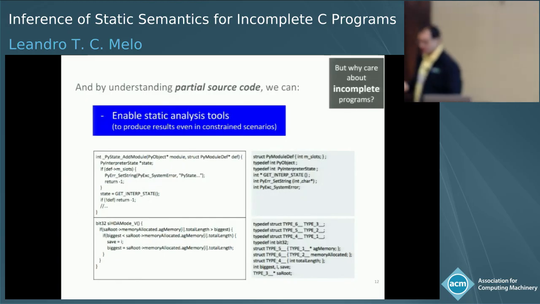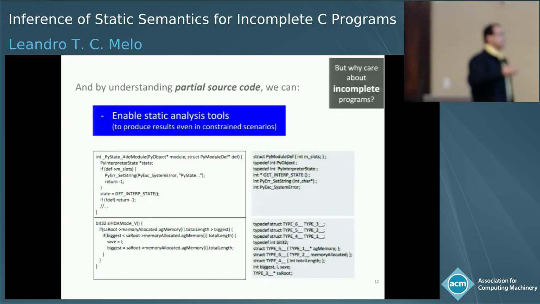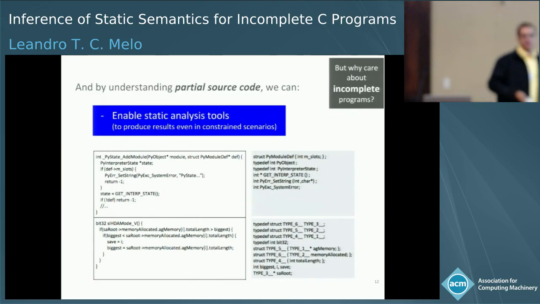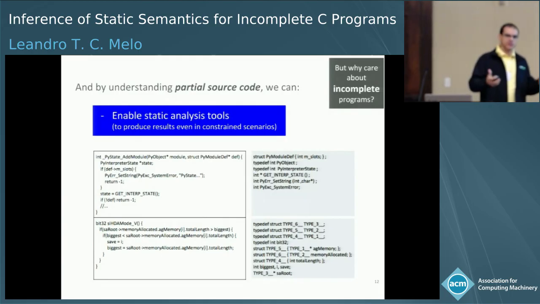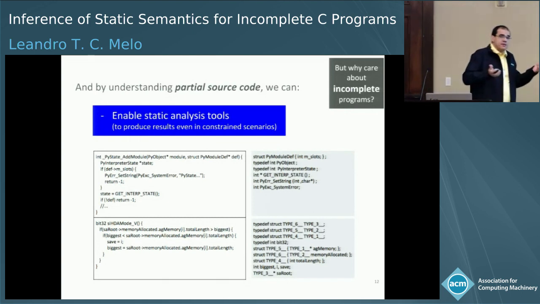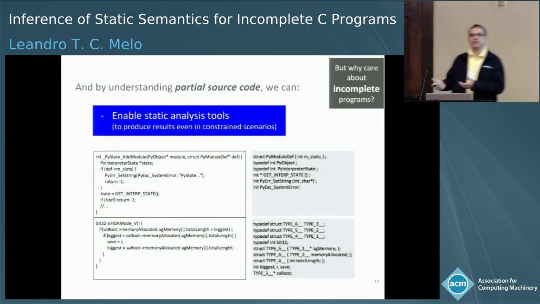Another situation where the understanding of partial source code can be beneficial is that we can enable static analysis tools to work in certain scenarios where they wouldn't otherwise. Many of those static analysis tools require build specifications and the actual entire compilation ready so that you can run it and they can search for the right headers. And many of them are available on Windows or Linux, they are not on Mac, so they have plugin mechanisms to put that stuff in a way that you can compile. But what if we can just take the snippet that we are interested in and analyze that snippet and still get the diagnosis that we would have gotten if we analyzed the entire program?